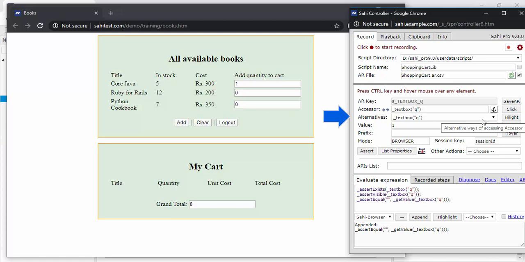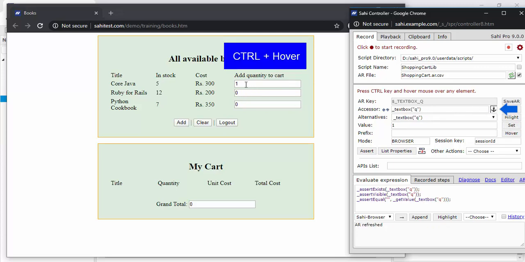Since this element itself had no better alternate accessors, I am looking at its surrounding elements. I see this core Java label, and perhaps this could be a better way to find my text field, so that I can always enter the number of Java books in the text field against the Java label.